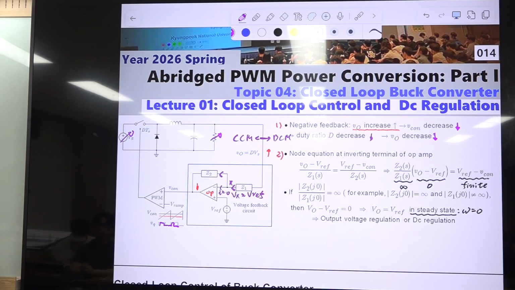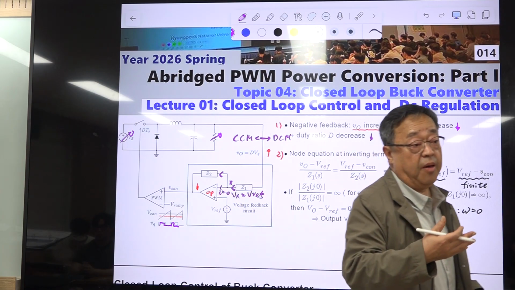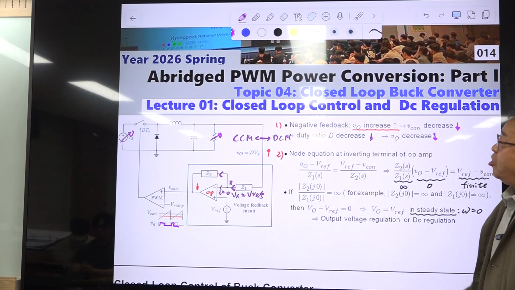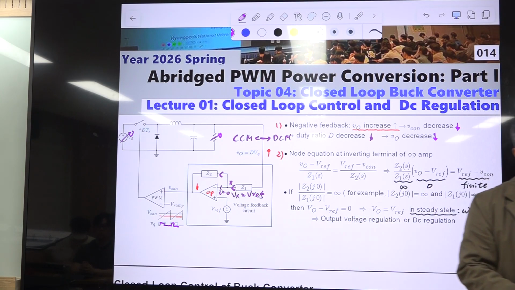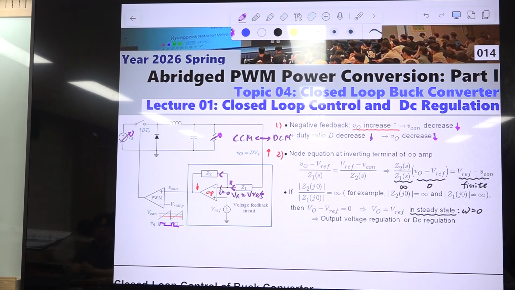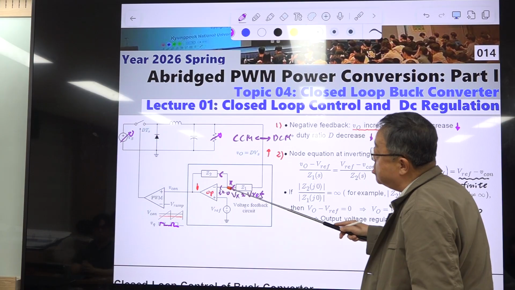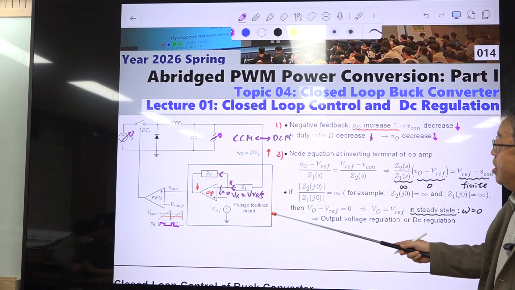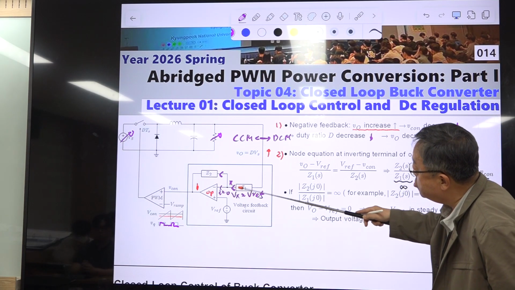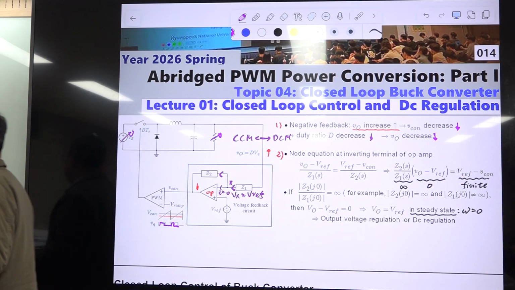Okay, this is the general way of analyzing the OPAMP application circuit. If you have some OPAMP application circuit, you set up a node equation at this non-inverting node. Okay, then all the problems will be solved relatively easily compared to other methods, right? Because this is the point where there's a connection between input and output, and we know this voltage due to this virtual short phenomenon of this OPAMP, and this input is connected to this point through this, and this output is connected through this. So this is a very important point, the most critical point.